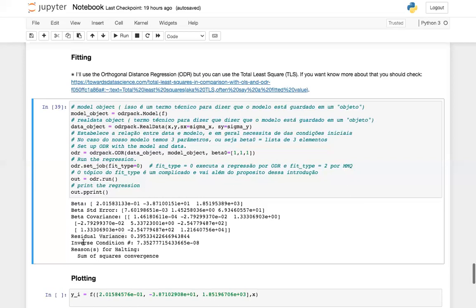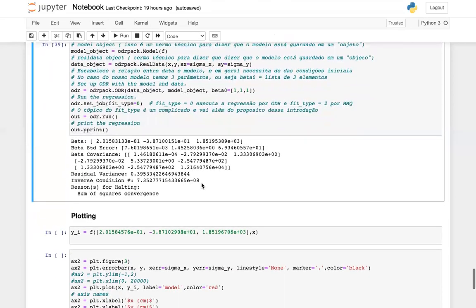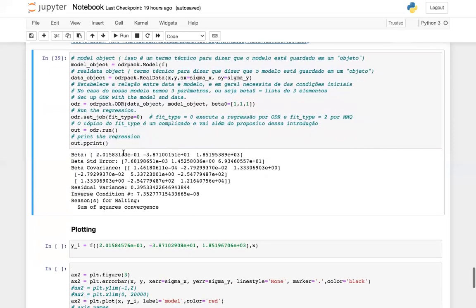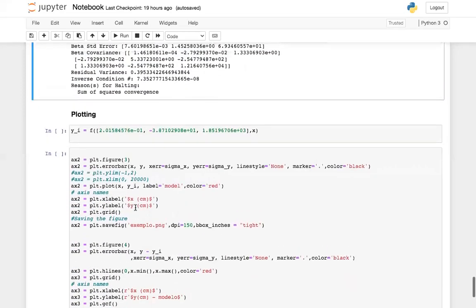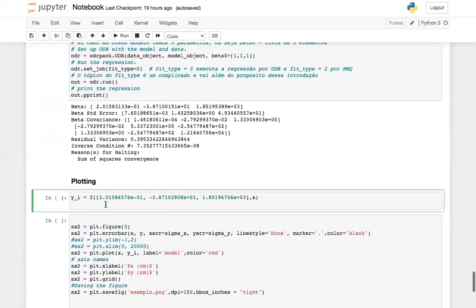Inverse condition is something that's beyond the scope of this course, and they explain some reasons for halting, and that is beyond the scope of this course too, too much information. So since we know the values of the parameters, we can just copy the values of the parameters to plot the graph. To make this simple, I will just pick the values here to create a variable called YI,